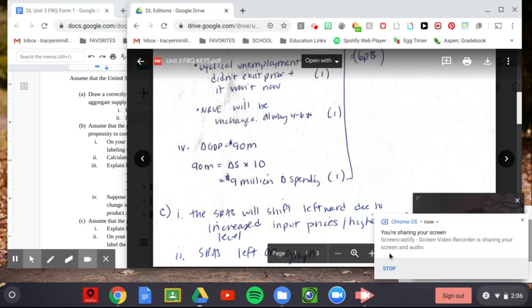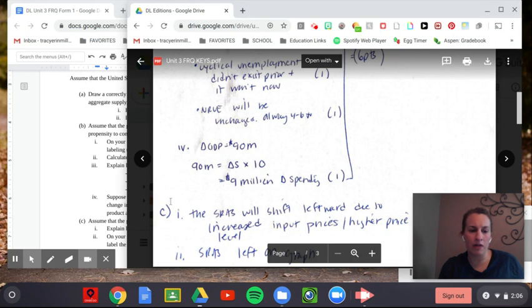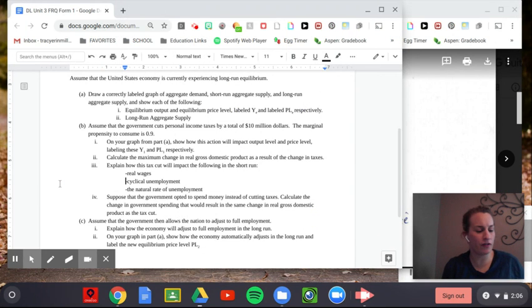Okay, everybody, this is just a little explanation of Form Red from yesterday. It says, assume that the United States economy is experiencing long run equilibrium. You had to draw that, and that's going to be worth 2 points. So you get 1 point for putting equilibrium in the correct place and 1 point for putting long run aggregate supply. Then we have part B, which is pretty big, so I'm just going to go over the first one